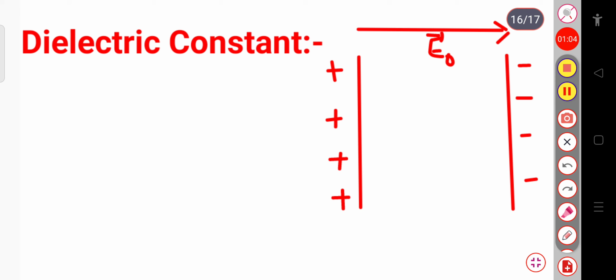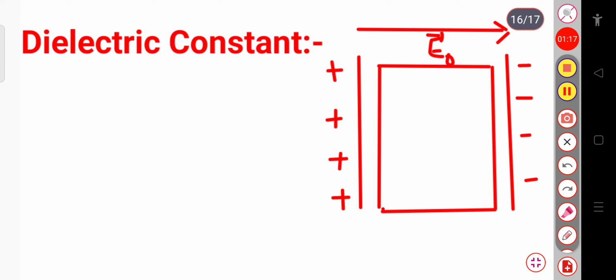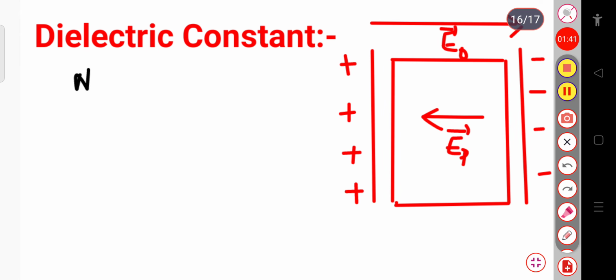Now if we introduce a dielectric inside this capacitor, so this is my dielectric. Here I have introduced a dielectric inside this parallel plate capacitor. When this dielectric gets polarized, then the electric field developed inside this dielectric is, suppose, EP, the polarizing electric field. Then the net electric field inside this dielectric, let me write here,